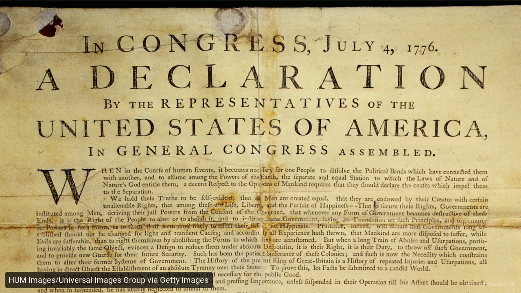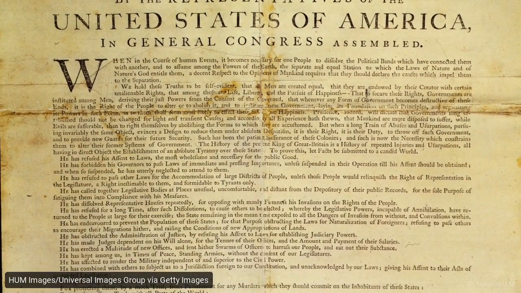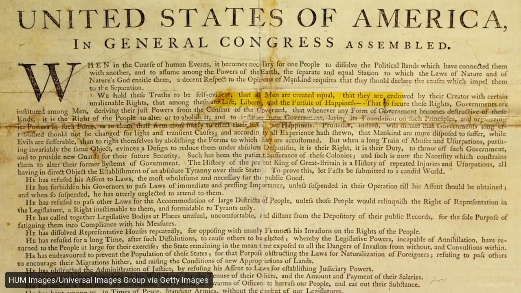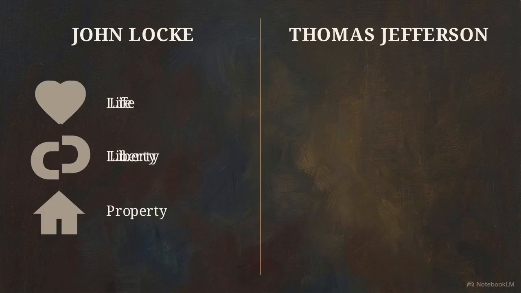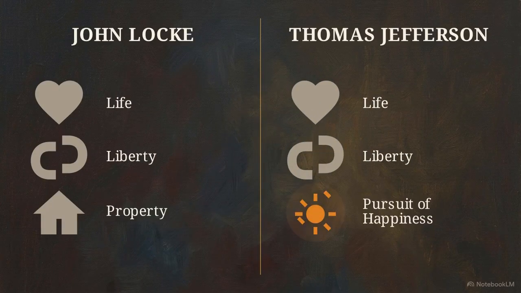Question 9 asks you to name 2 rights found in the Declaration. The text states that all people are endowed by their Creator with certain unalienable rights, specifically listing life, liberty, and the pursuit of happiness. Earlier philosophers like John Locke defined natural rights as life, liberty, and property. Jefferson modified that final point to the pursuit of happiness, placing the focus squarely on active civic participation and personal